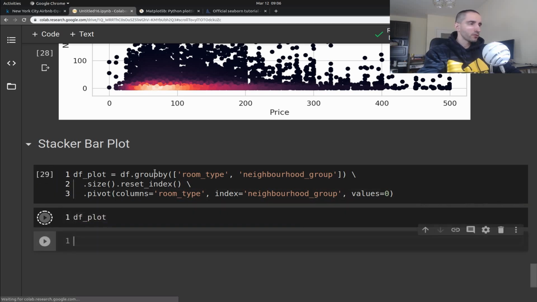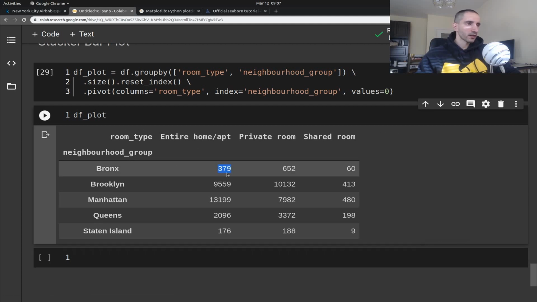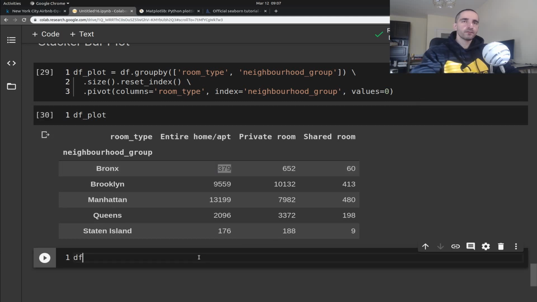And if I show you this plot, you can see that we have this pivot table, which basically shows you the counts for the different room types. We have 3 different room types for each neighborhood, and you can plot this relatively easily using